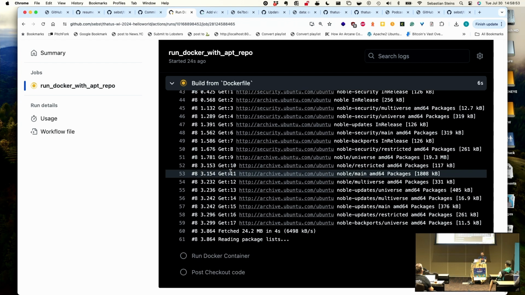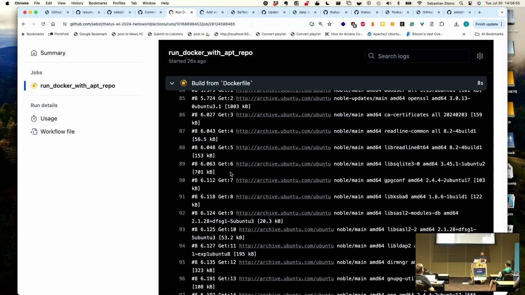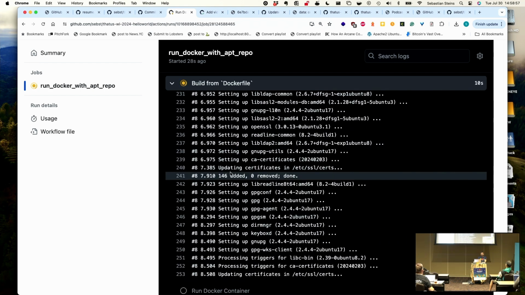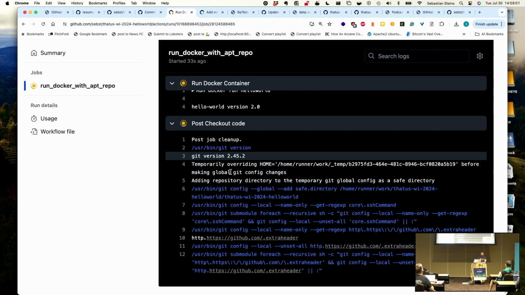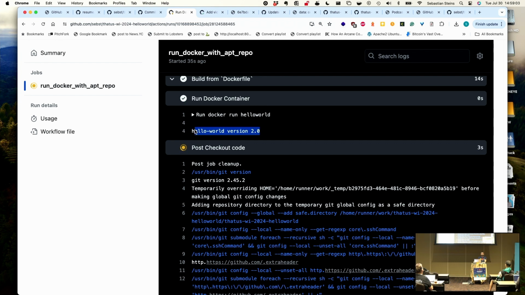And it runs Hello World in version 2.0. So basically, this is the proof that I just installed a package from an apt repository living on GitHub Pages, which I've just compiled. So if I head over to my VS Code now,